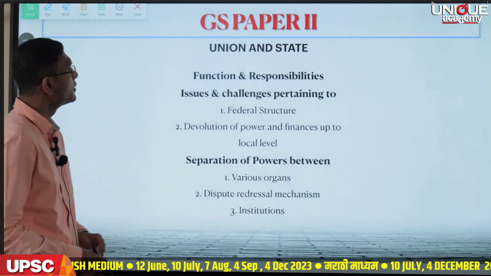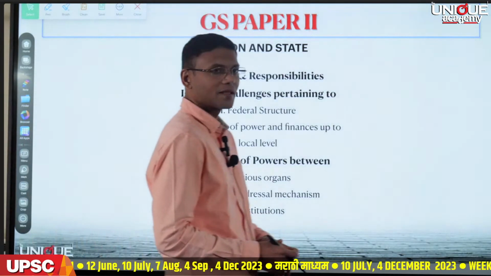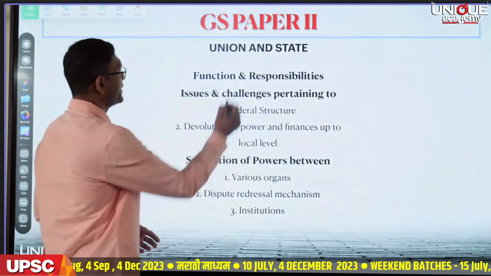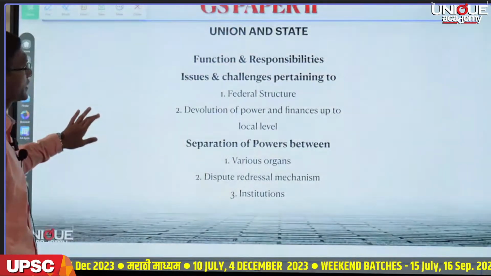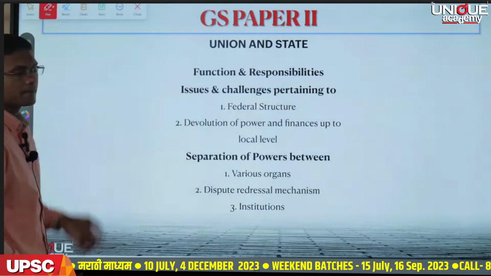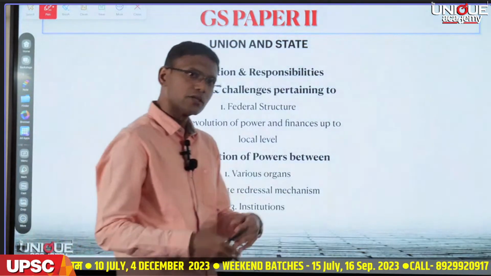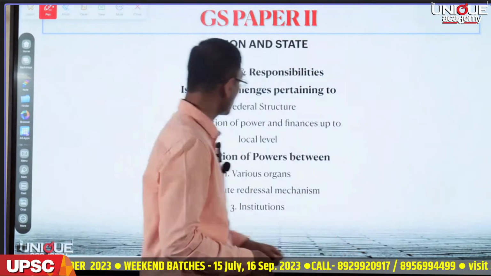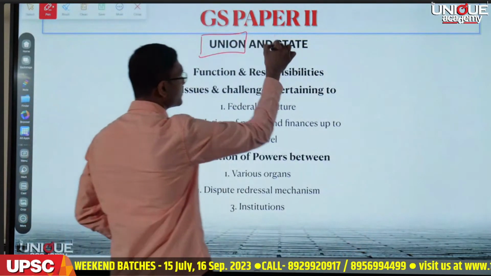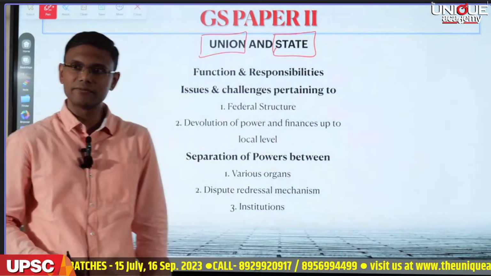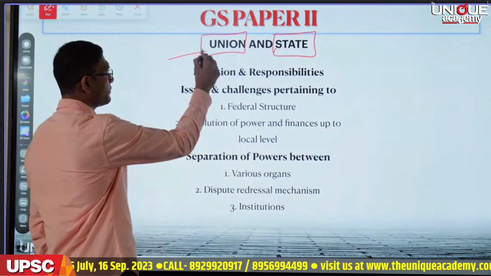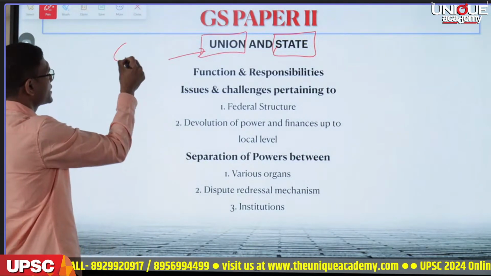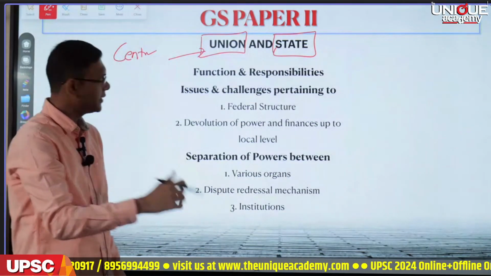Next, we have union and state. Now, let me be very brief and simple in explaining this. If you look at the syllabus, this part also deals with the constitutional scheme, what has been given in the constitution. So here we are talking about two entities given in the constitution. One, we can call it a union, which in common parlance is called central government, right? And another is